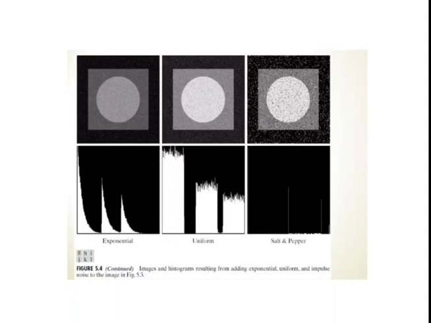With the exception of slightly different overall intensity, it is difficult to differentiate visually between the first 5 images even though their histograms are significantly different. The salt and pepper appearance of the image corrupted by impulse noise is the only one that is visually indicative of the type of noise causing the degradation. This is all about the